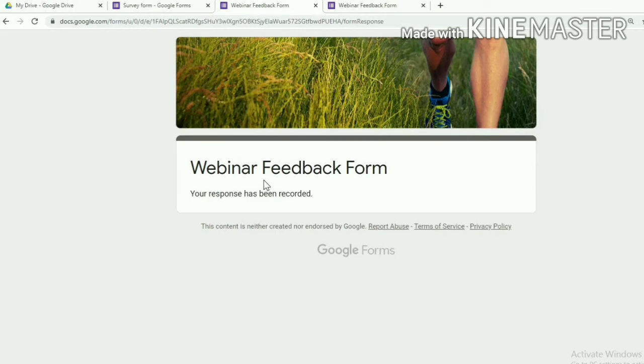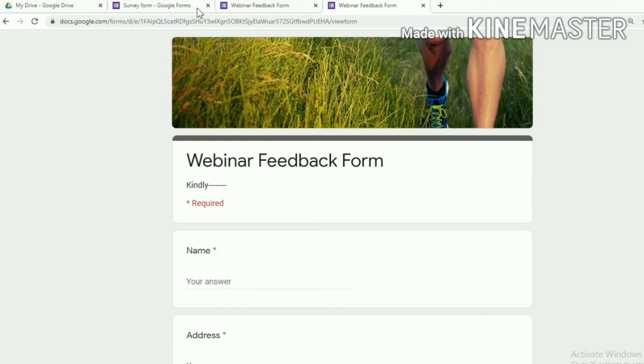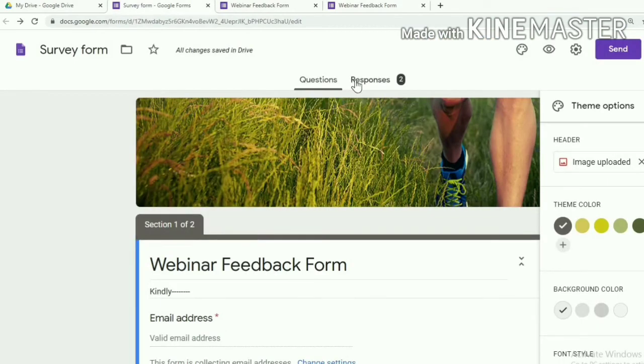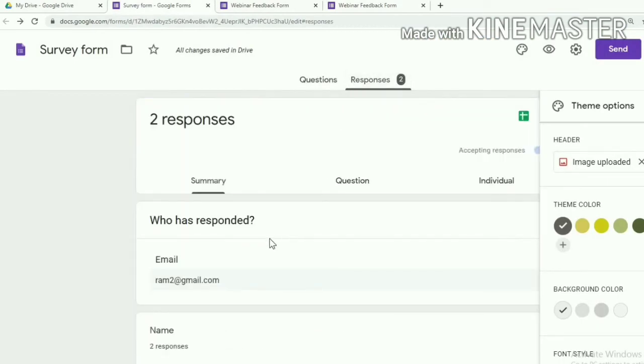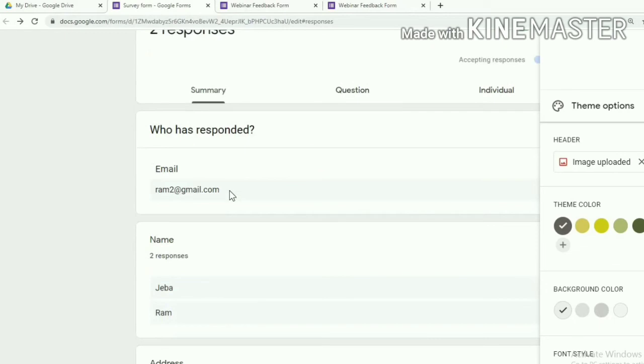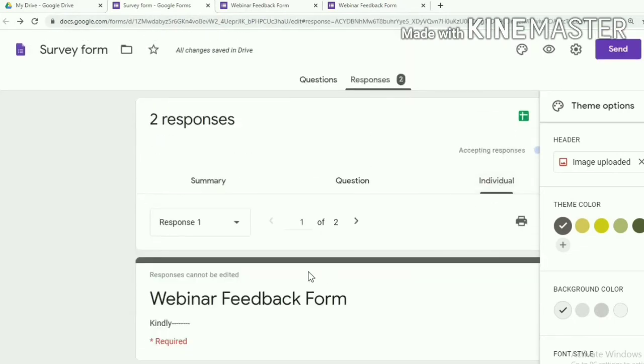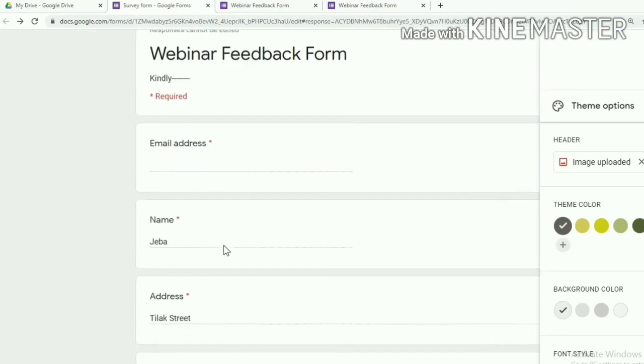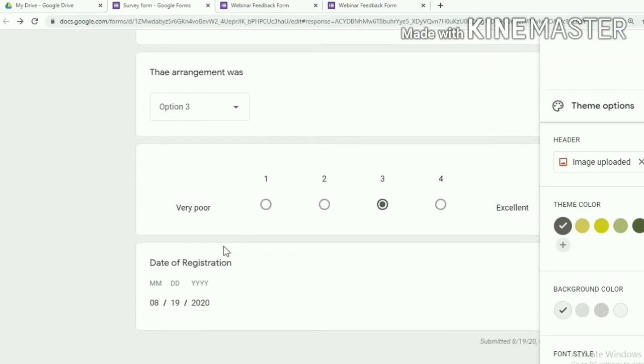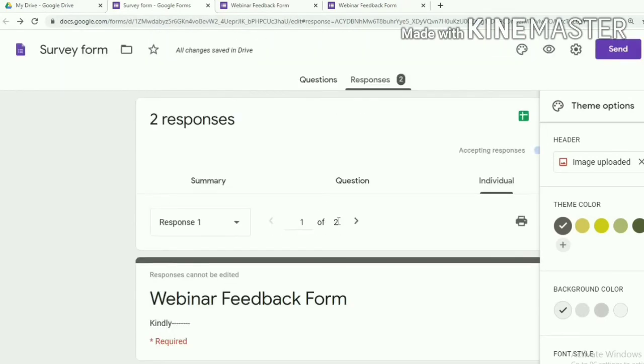We can check this. Go to the responses. We have submitted 2 times, so 2 responses are here. Who has responded? We can check individually by clicking this individual. So this is the details about the first respondent, and when you go to the second respondent, this is the details of the second respondent.